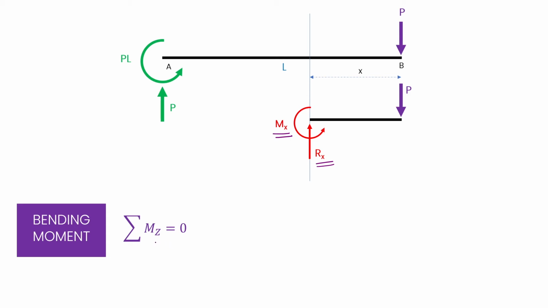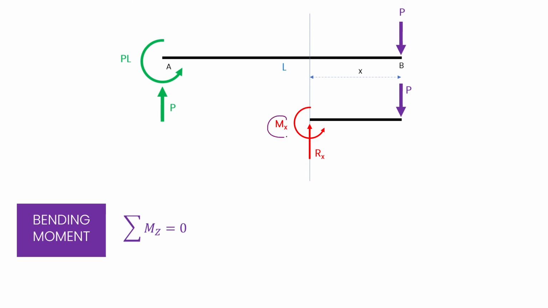In this case, we'll be using the equation of Mz equals 0. Let's solve for it. The conventions remain the same. Anti-clockwise becomes positive and clockwise is negative. So instead of finding it at this point, let's find it at some other point. Let's say this one, that is B. So we'll move from left to right.